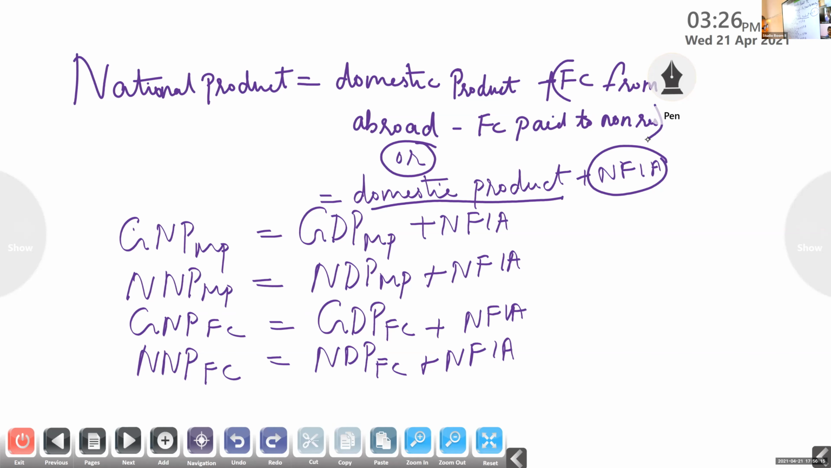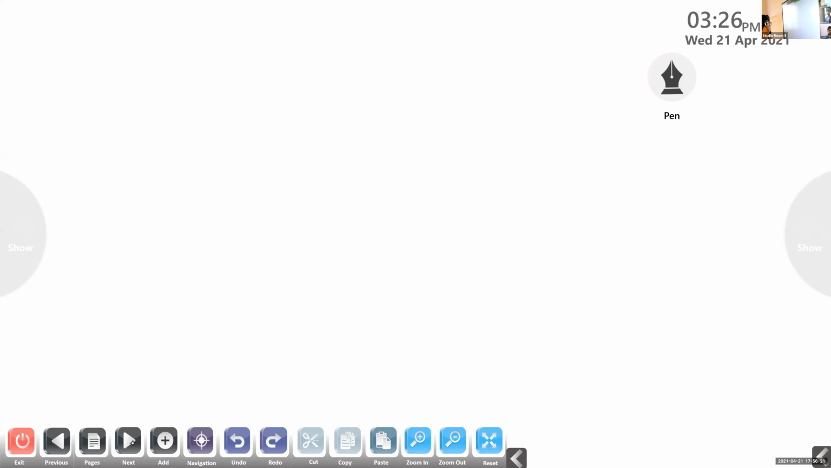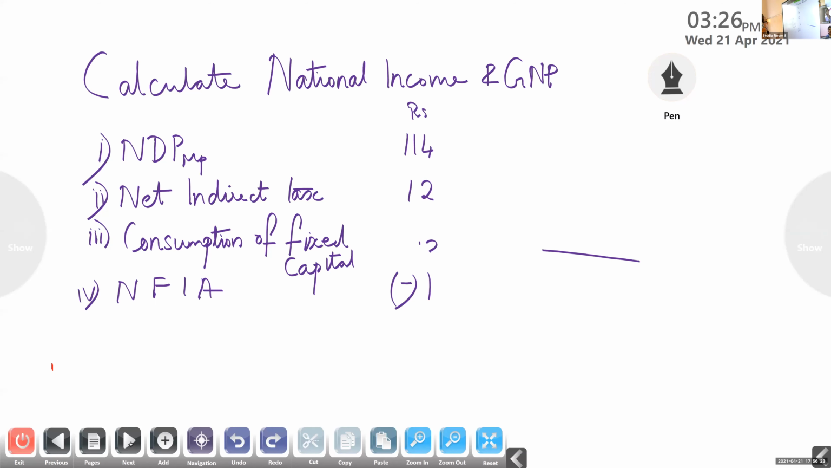Have you written all these formulas? Everyone? Okay. Now, I am giving you a question where you have to calculate national income and GNP. First thing you have to see is whether it is domestic or whether it is national. Now, write it down